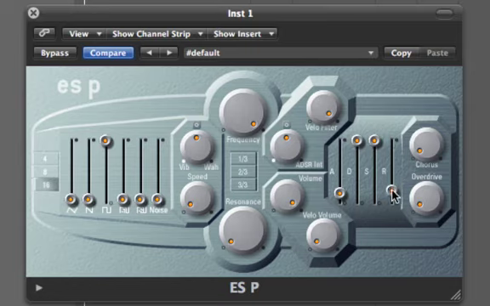The final thing is the release. If it's all the way up, well, I don't want to do it all the way up because it takes forever. If it's pretty high and you let go, it takes a long time to fade out. If you do it down here, it'll fade out right away. So this is what we want. We're already to the point where it sounds pretty much like that old video game sound. So you could stop here.